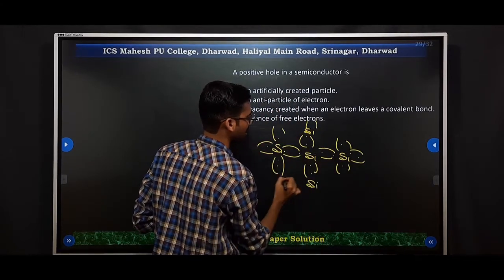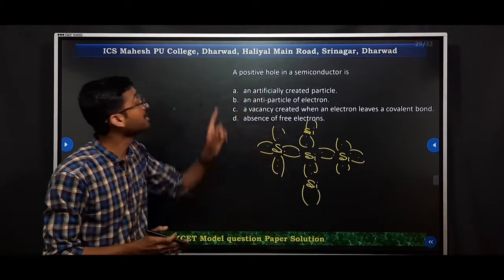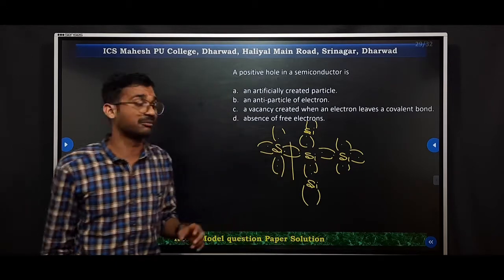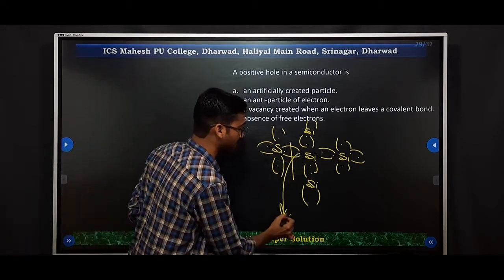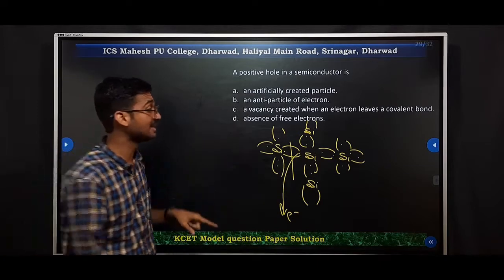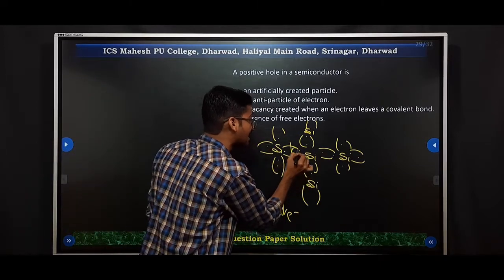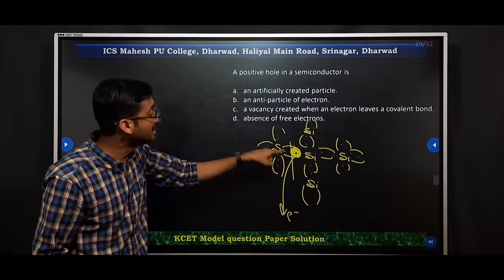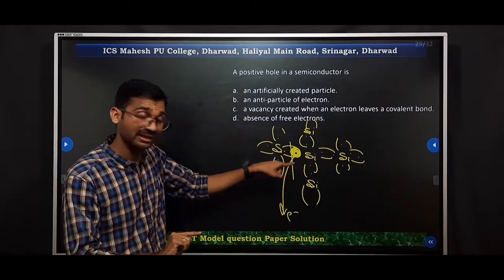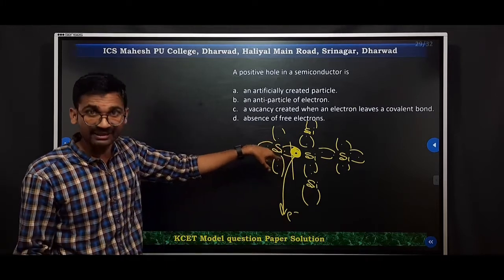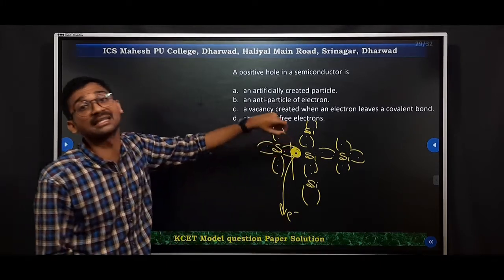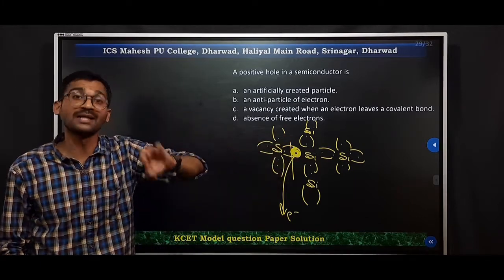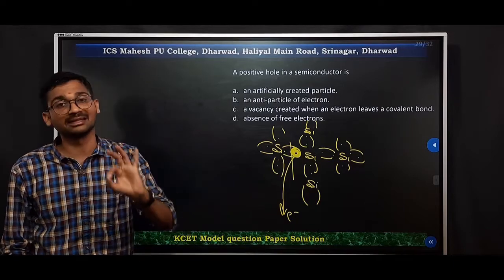This is how we have the construction for silicon. Now, a positive hole will be created when we break any one of the covalent bonds. One electron becomes free, and at the same time, behind that, there is the creation of a hole. This hole is created only when the covalent bond is broken and that electron escapes from that position. Then only is a hole created, and we treat it as a positive